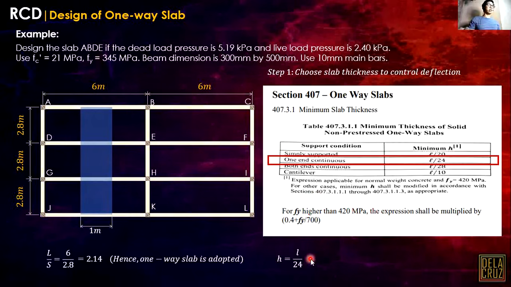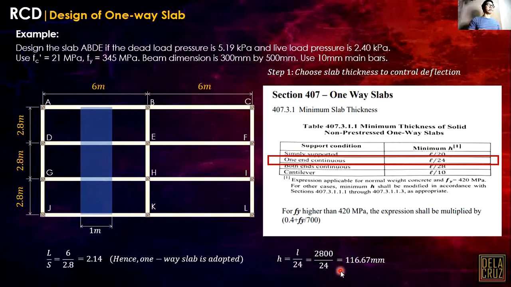Then we will not need this factor. We will not use it. So go straight to L/24. Take note, our L is this one, 2.8, converted to millimeters, 2,800 millimeters divided by 24, and that is